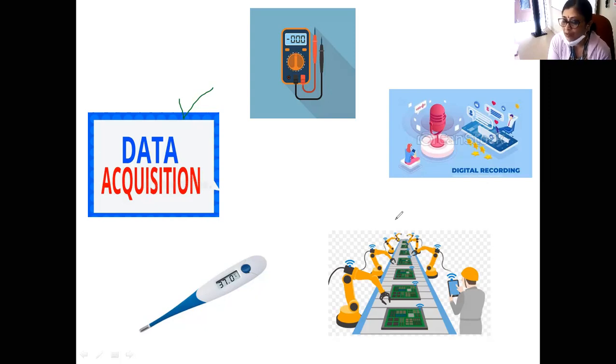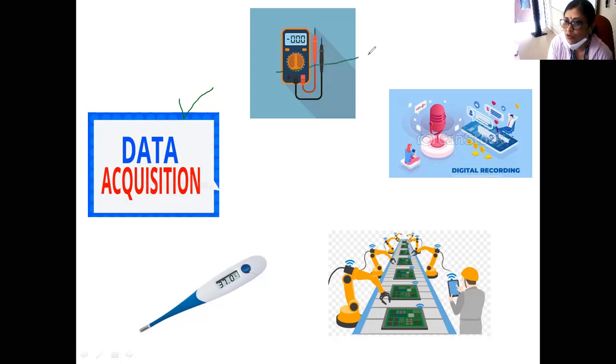system, and such data acquisition systems find numerous applications in our day-to-day life. An example of that is the weather station. In a weather station, the temperature of our atmosphere, humidity, pressure, all these things are measured continuously and made available to the public. So in such stations, data acquisition systems are used to acquire these parameter values, convert them into electrical as well as digital values, and display them. So this is a data acquisition system where the analog to digital converter is used.